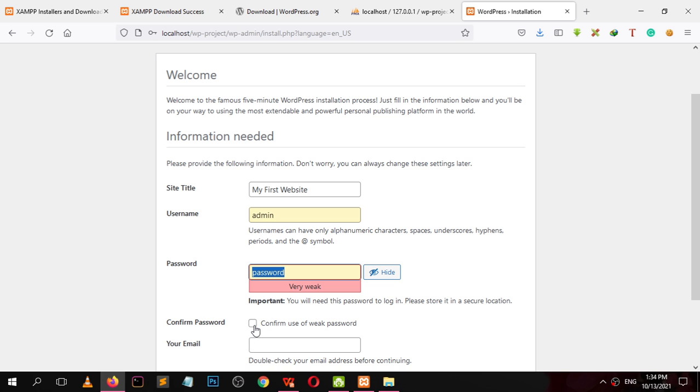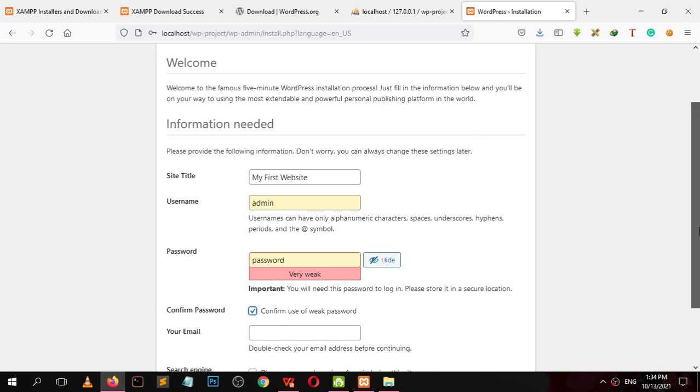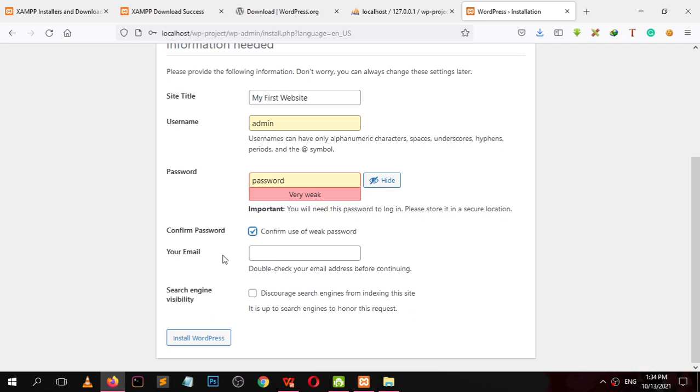Now confirm the use of the weak password, and here you need to provide your email, admin@localhost.com. It is best practice to keep this email original. Now click install WordPress.